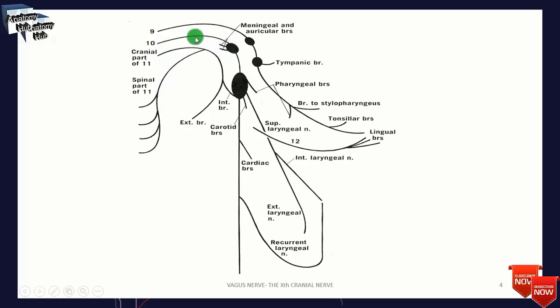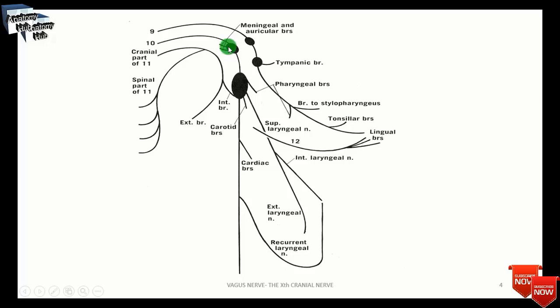So at this point you will find the 10th cranial nerve, and this is the meningeal branch. This meningeal branch contains the spinal fibers, from the cervical nerves 1 and 2, C1 and C2, and supplies the dura of the posterior cranial fossa. Also you will find the auricular branch here. The auricular branch passes through the temporal bone, that is the tympanomastoid fissure, and supplies the auricle and the